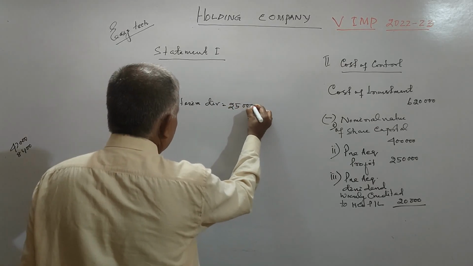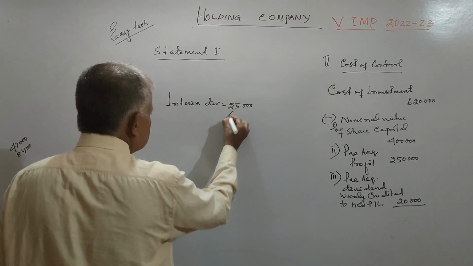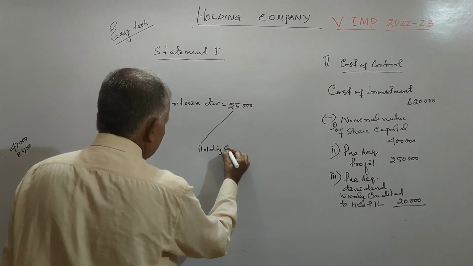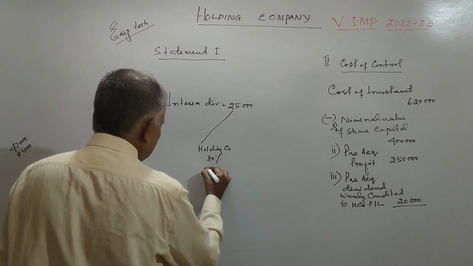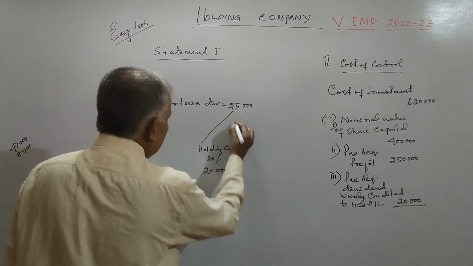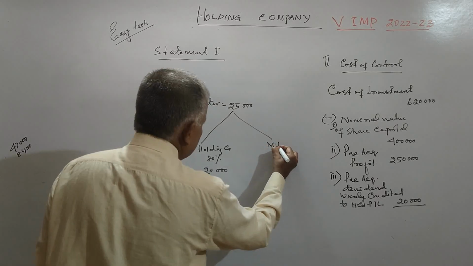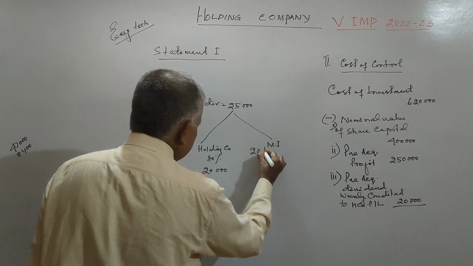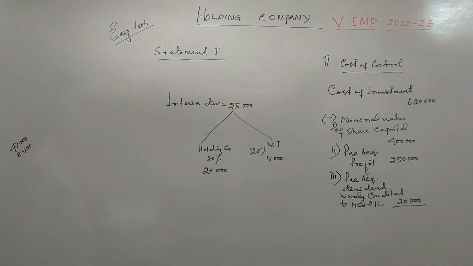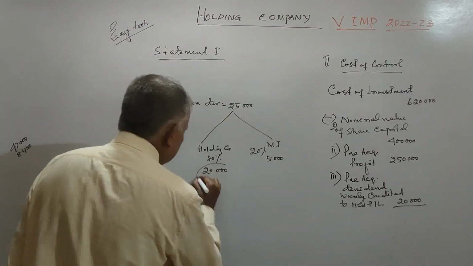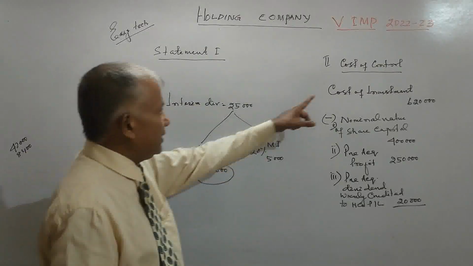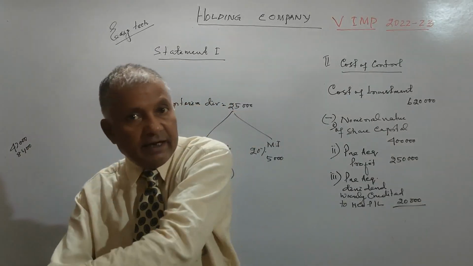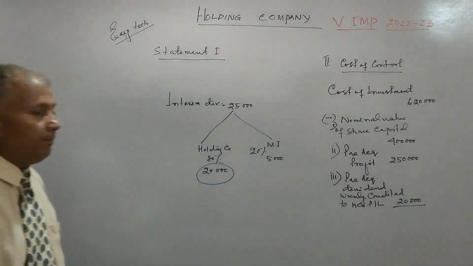25,000, and out of this, the holding company share is 80%, 20,000, and the minority share is 5,000, 20%, right? And this 20,000 should be credited to cost of investment, but wrongly it has been credited to the holding company